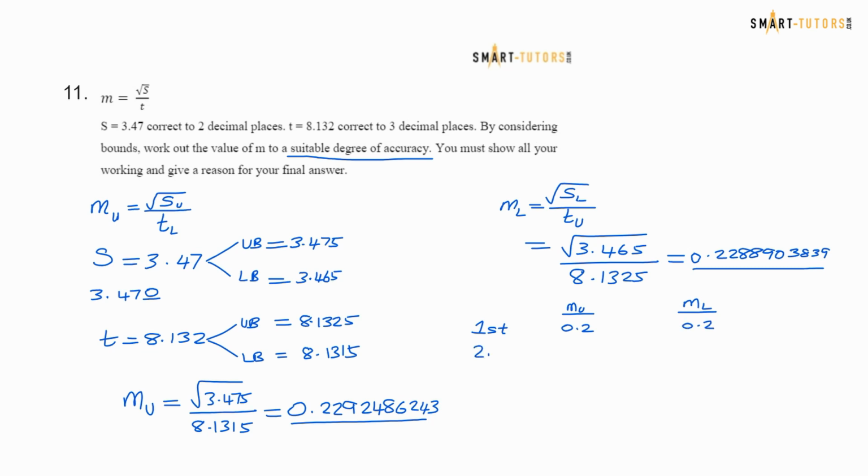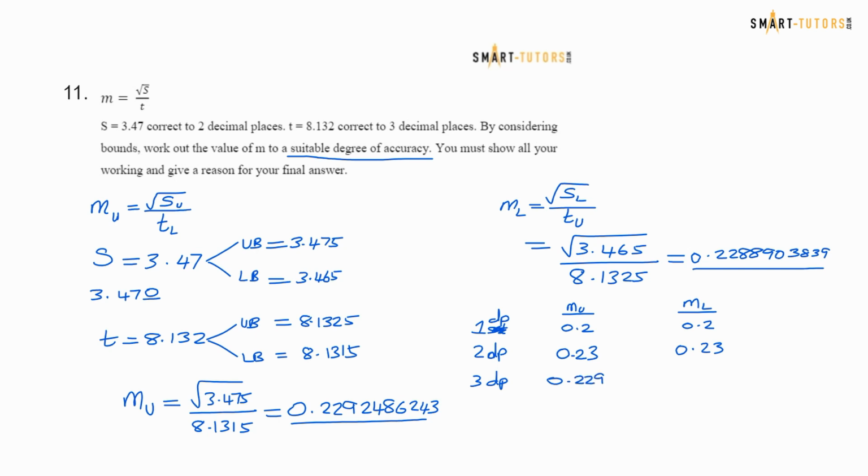If I approximate to 2 dp, the upper bound is 0.23 and the lower bound is 0.23 as well. If I approximate to 3 decimal places, 1, 2, 3, the fourth one is less than 5, so